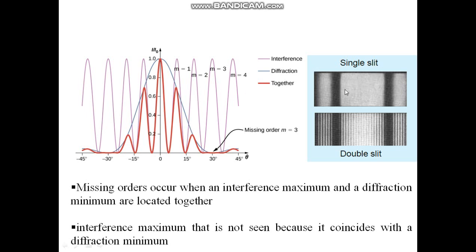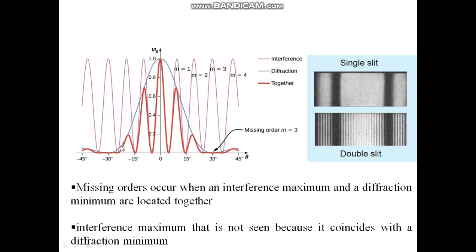From this diagram we can see that the single slit diffraction pattern shows a central bright maxima, then secondary minima, secondary maxima on both sides. But in the double slit, inside the central bright maxima there are interference maxima and minima. That means alternate dark and bright interference bands also.